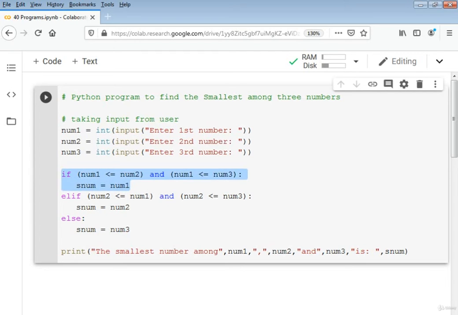So we have checked the first number here, then checked the second number here. So we don't need to check the third number. We will just simply include this with the help of else, that smaller number is equal to number 3. So this print statement will print that the smallest number among the three numbers number 1, 2 and 3 is